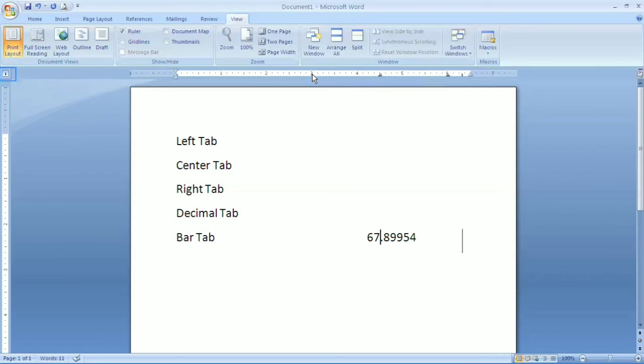If I want to remove any tab stop, there are different methods to do it. One is to go to the ruler, press the mouse left click and drop it in your page, in your document. Then you can see here. And same like that, if you want this one also, just click it. Do not release the mouse button. When you come to your page, just release your mouse button.